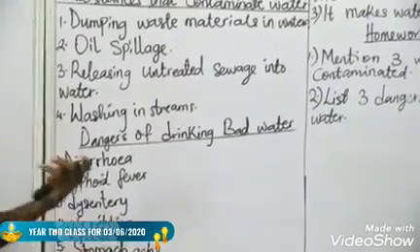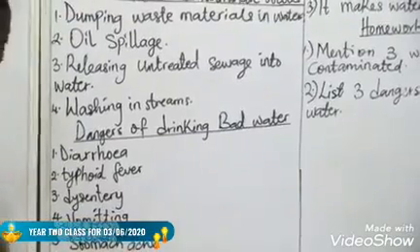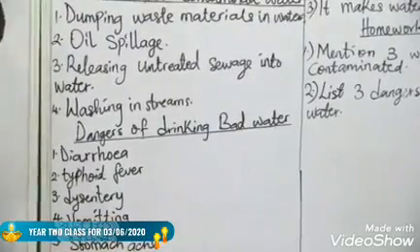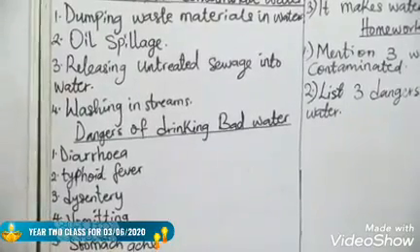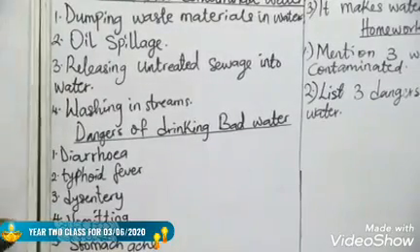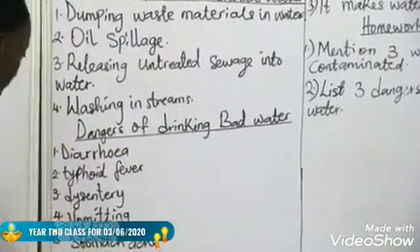Vomiting. When someone takes bad water, the person will definitely vomit. It will go there and disturb the whole system of the body. Even the person will still have stomach ache. If you say I'm having stomach ache, my stomach is paining me, that is an effect of, a danger of drinking bad water.